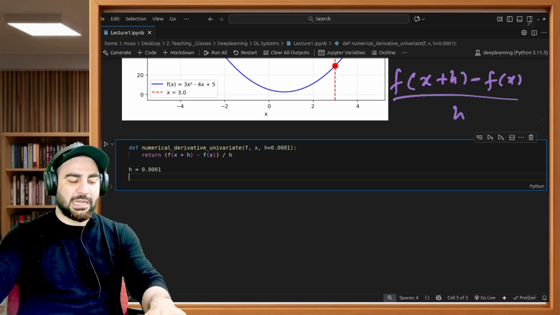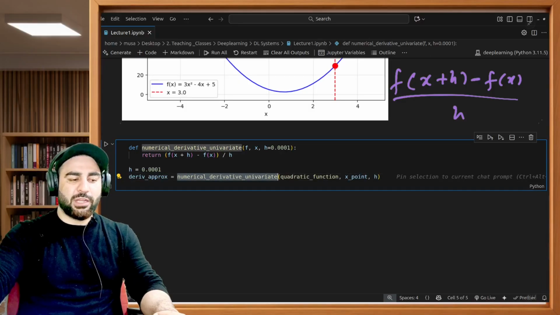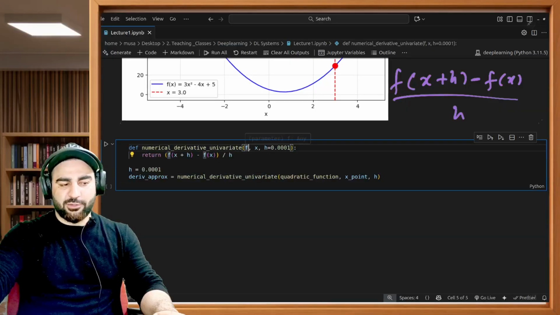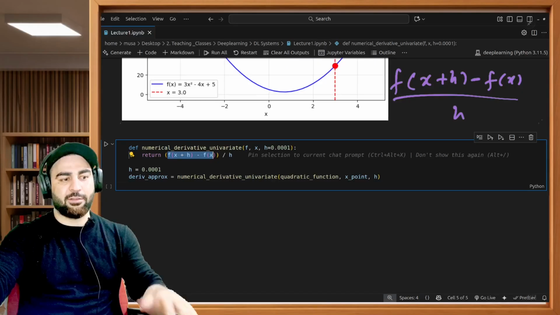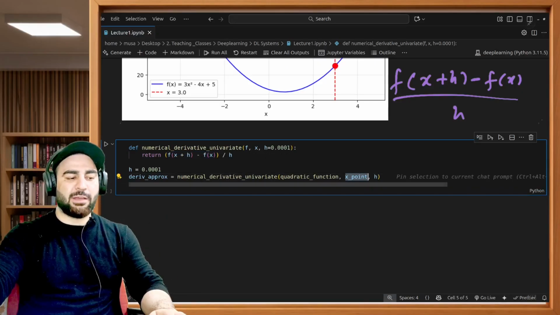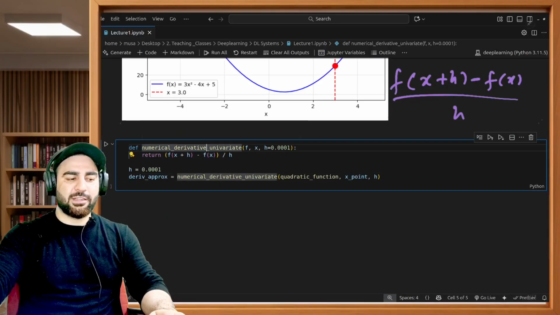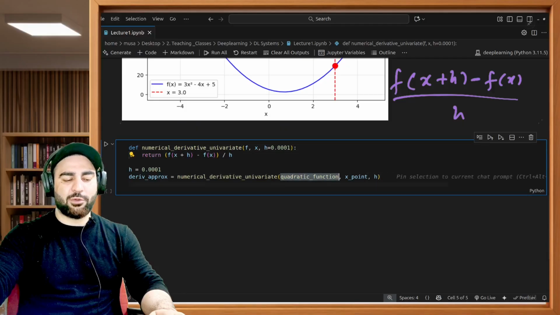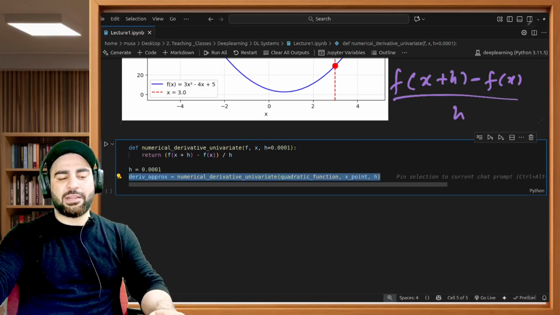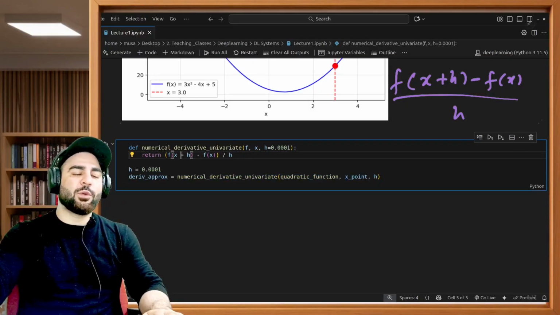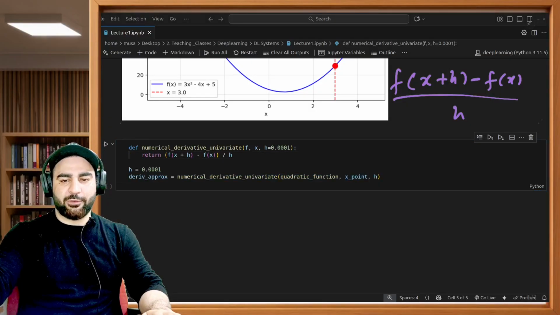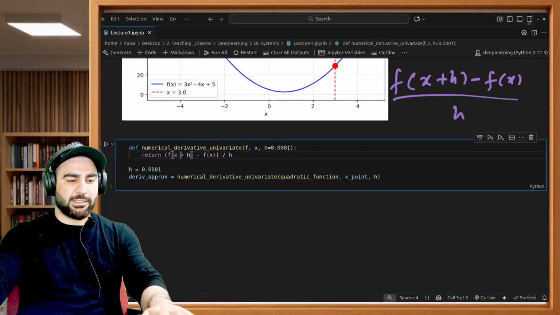So you have this point, and I'll compute this derivative approximation. You give it a function, and on this function you apply this argument, subtract f of x, and then divide by h. So f of x is the function. After that, I give it a point, and I nudge the value a bit. I have x point, and I nudge it, then I want to see what the change is, and I want to print the derivative. So now if you see this,